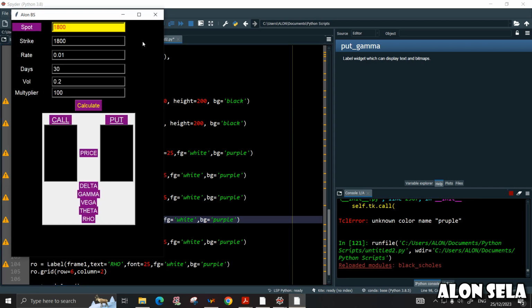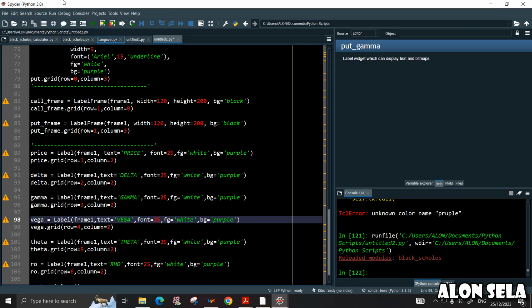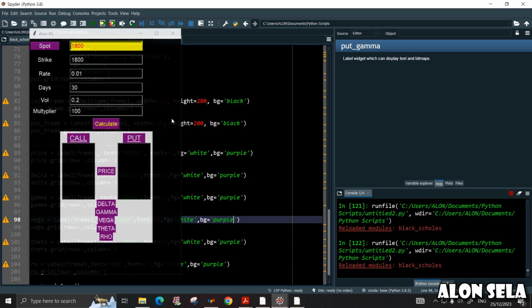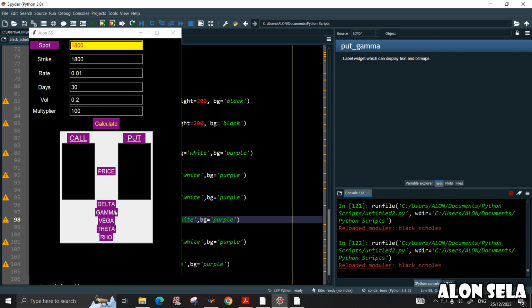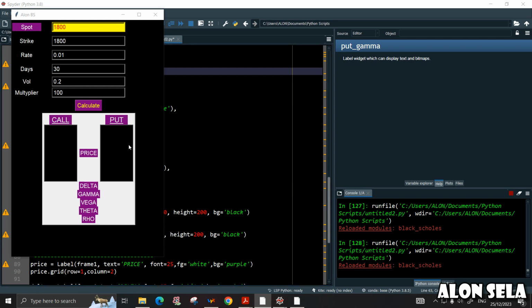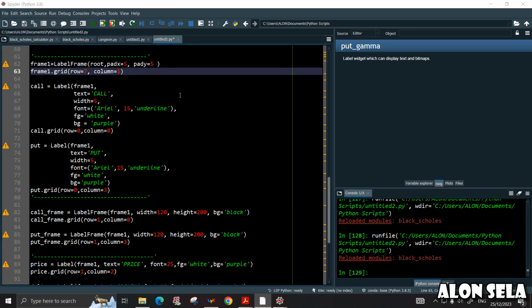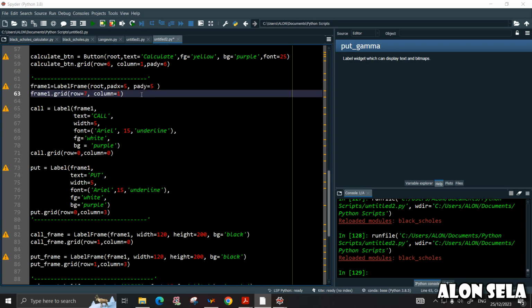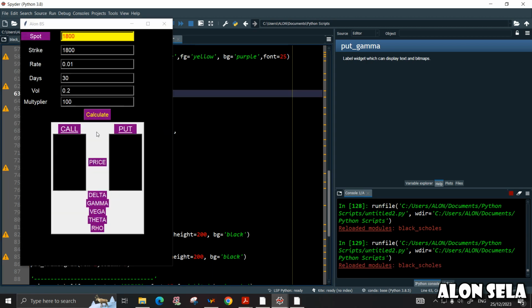Let's close all the other ones, and let's see now how it looks. Okay, so basically we need to push it a little bit up. So let's see. Okay, so basically we need to fix this layout. To do so, we're going to make some adjustments. In the frame 1, meaning in this white frame, we want